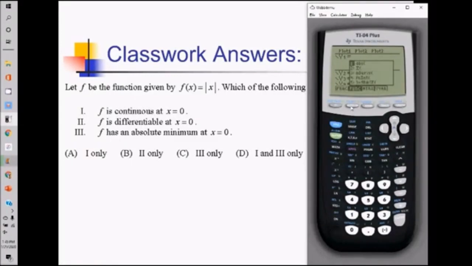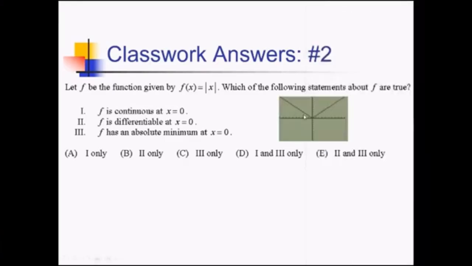Alpha window gives me a little submenu, and abs is what we're looking for. That's the absolute value. Absolute value of x. I don't know what window to use. Let me just do zoom 6, standard window. There it is. I mean, we already knew what this looked like if you paid attention in pre-calculus earlier, but